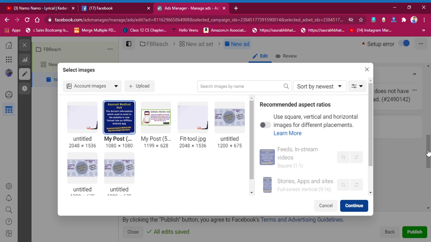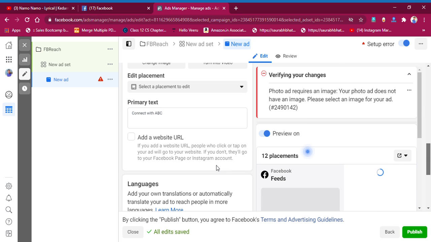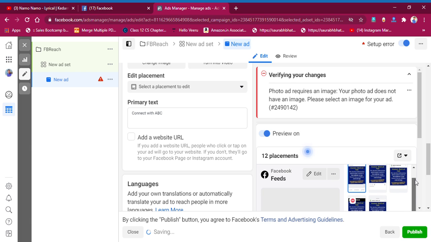Now let's see, you will see a preview of your ads in the right section. See, it is now loading. You can give a primary text. What is primary text, how will it be affected? Let me tell you once. Just give some time so that it will load. It is loading right now. So by doing this, you can create Facebook ads very nicely. See, now here you go. Here we go.